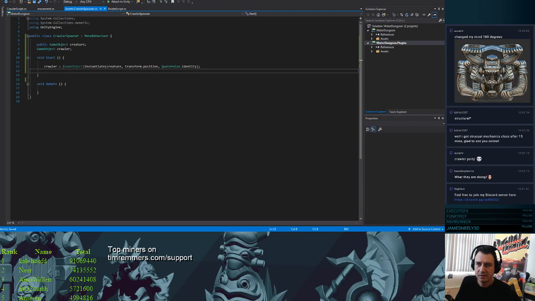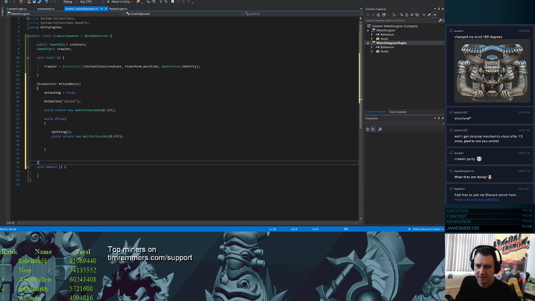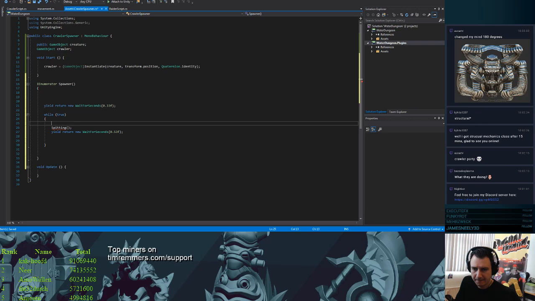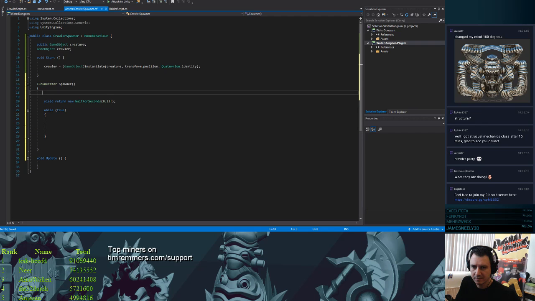I can just copy this, and let's call this spawner. We don't need that. We don't need that. What I do need is a function called spawn,